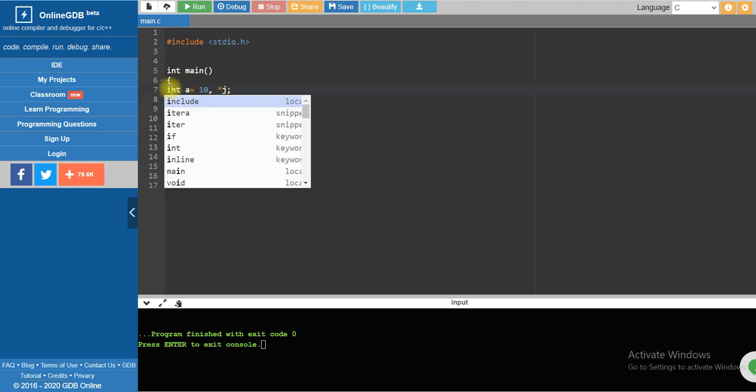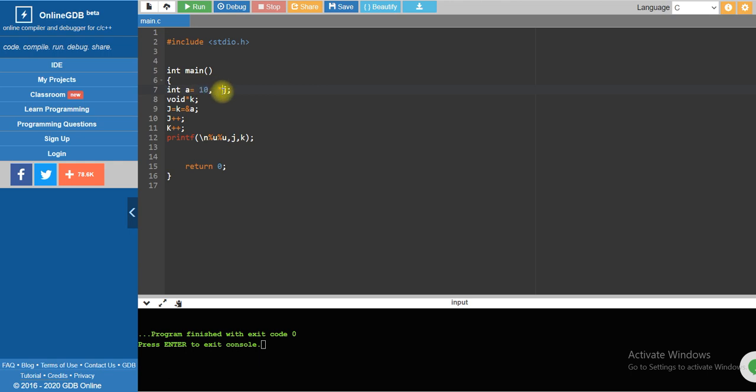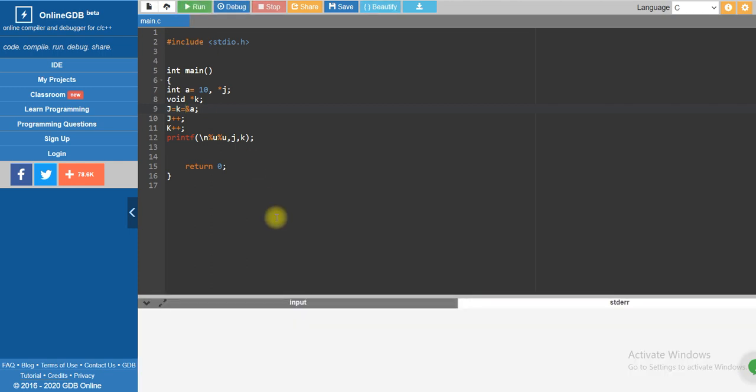Here int a value is 10, j is an integer type pointer and k is a generic pointer, that is a void type pointer, and we can assign those. Some implicit typecasting is happening here, right?